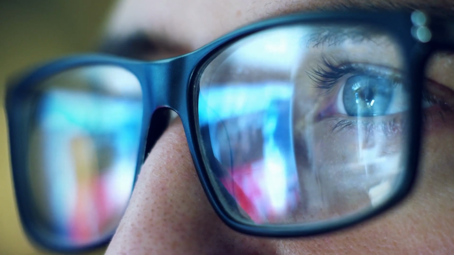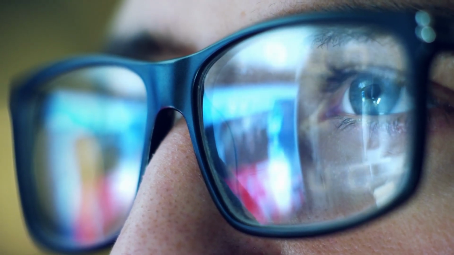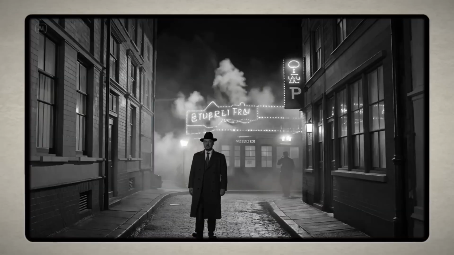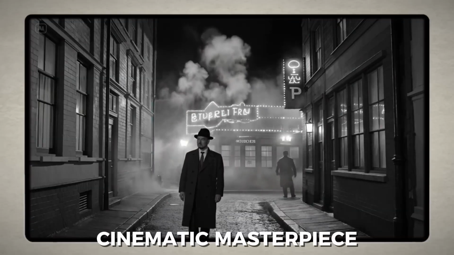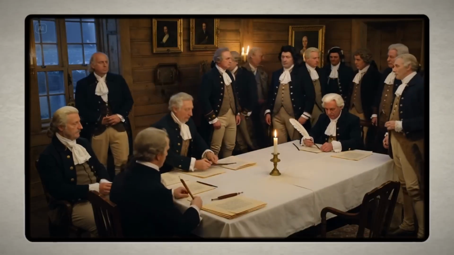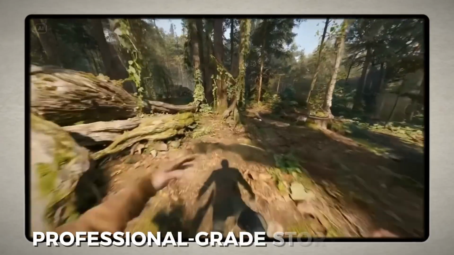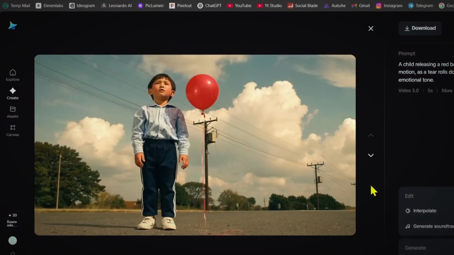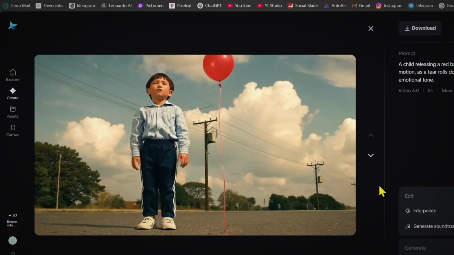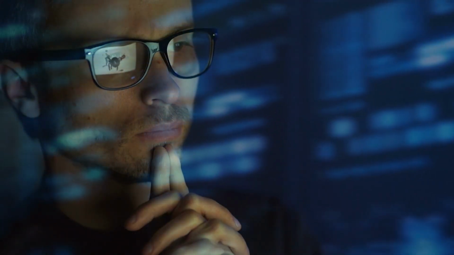Okay, I need you to imagine something for a second. What if I told you that you could direct a cinematic masterpiece, complete with smooth camera movements, consistent characters, and professional-grade storytelling, with just a few clicks and some well-crafted text? I know, you're probably thinking, yeah right, every AI video tool promises that, and honestly, you'd be justified in that